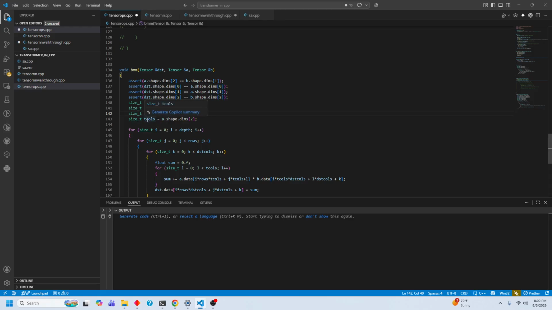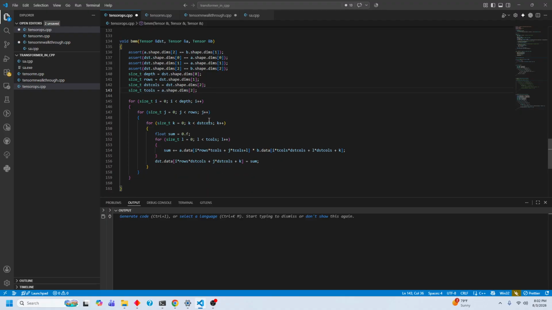This is the dimension that gets reduced in the matrix multiplication. And then we're just going to do a for loop through each of these: through the depth, through the rows, through the destination columns. Each one of these for loops is going